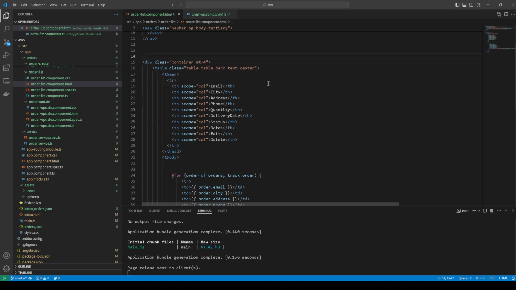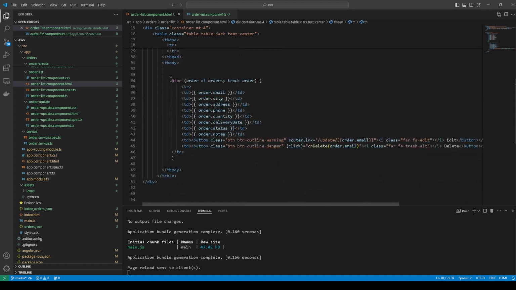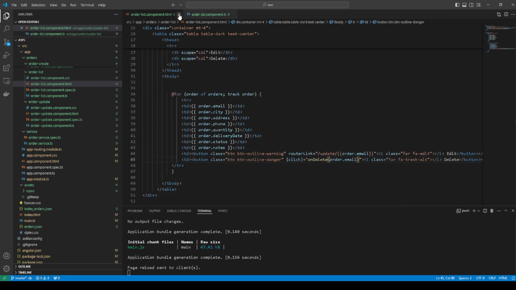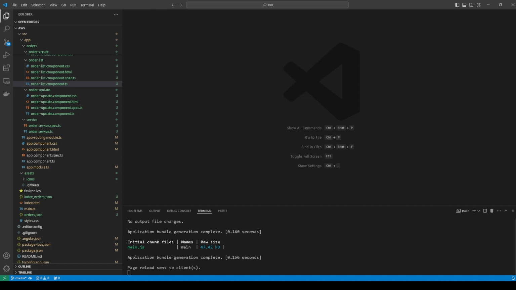Here we define table where we define columns, all properties, and two buttons to edit and delete order. Here is for loop new syntax where we iterate over order properties, and we create two button to update by email and to delete by email. Call methods. So to review this component, I create mock,